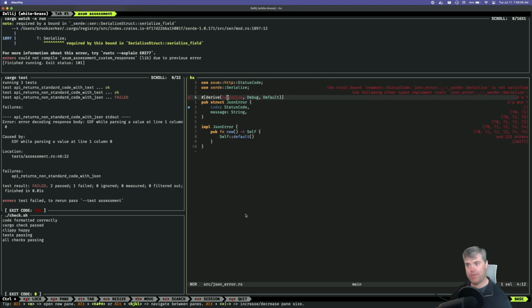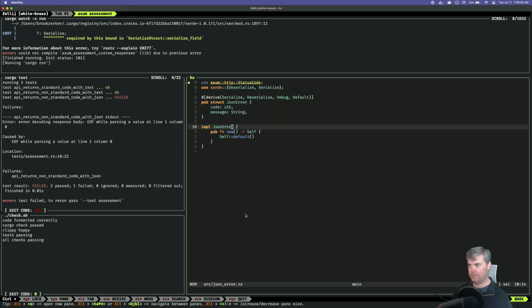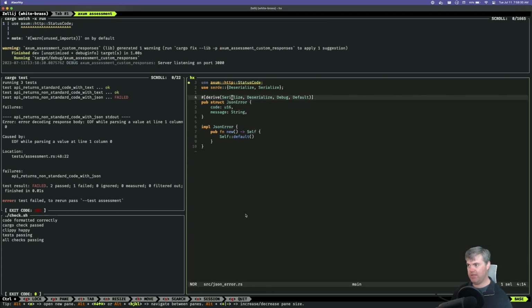Oh no, code also doesn't implement serialize. Okay, fine. You're going to be u16. That makes you happy. I'm going to use that status code though.